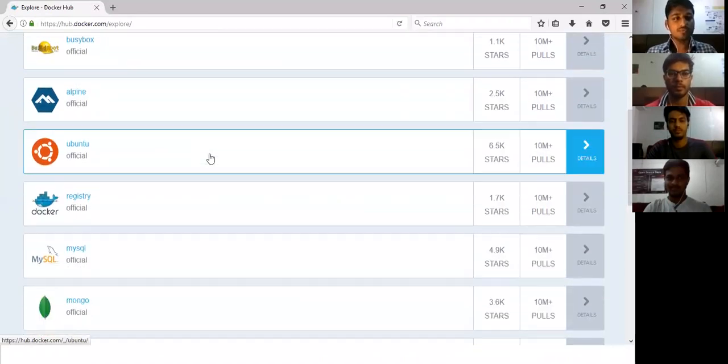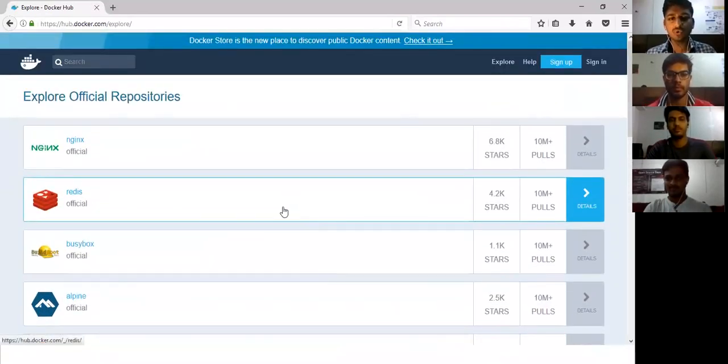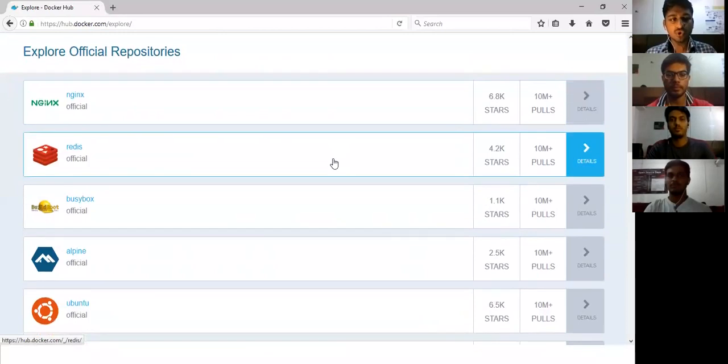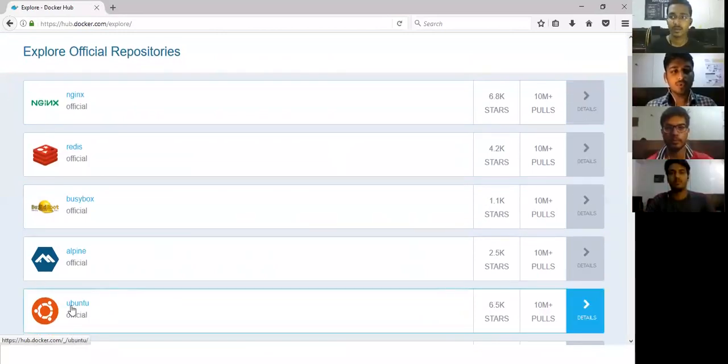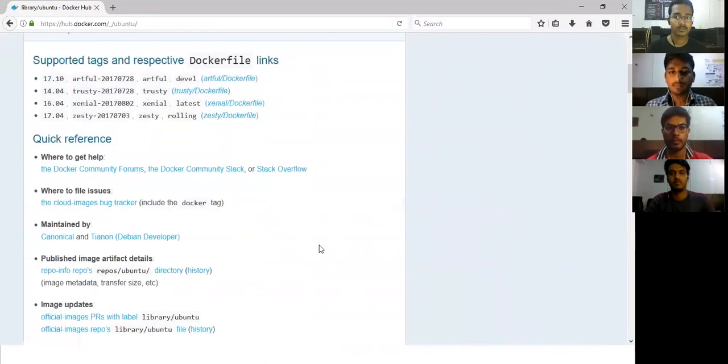So what is Docker Hub? Docker Hub is a cloud-based registry service which allows you to link to code repositories. You can build your images and test them. It stores manually pushed images, and it links to Docker Cloud so you can deploy images to your host. Also, Docker Hub provides a centralized resource for container image discovery, distribution, and change management. Docker Hub supports user and team collaboration and workflow automation throughout the development pipeline.